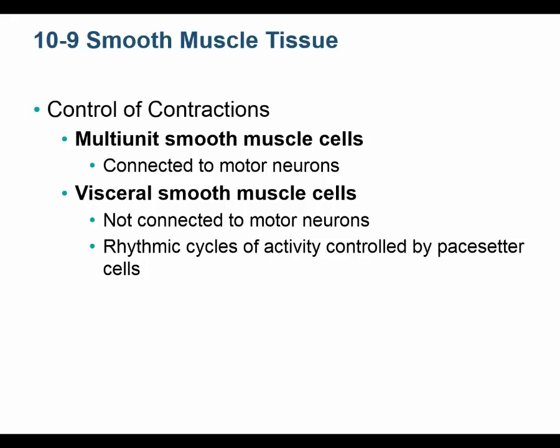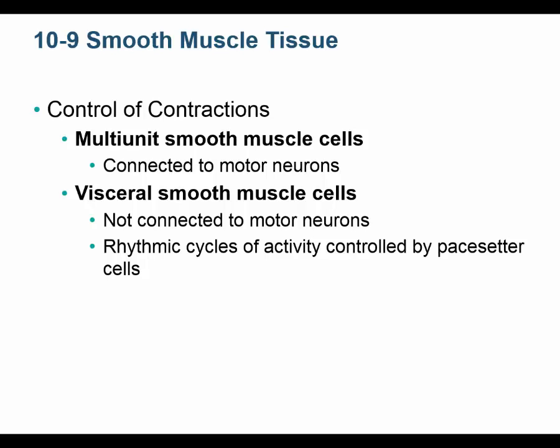The visceral smooth muscle is that second type. When all these individual smooth muscles are interconnected by gap junctions and they act as one, they actually all contract together. And that's how peristalsis of your intestines works. Different things like that. So that's why we call it visceral smooth muscle cells, by the way, because they're around your visceral organs